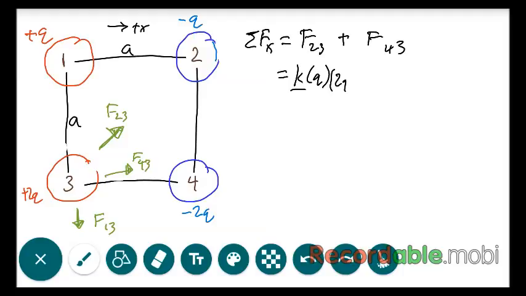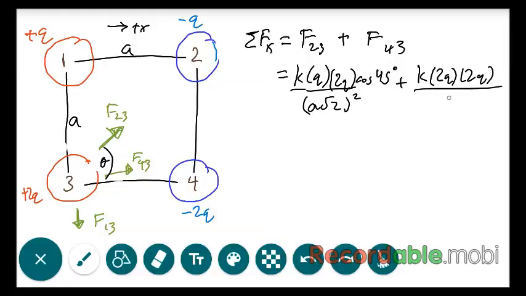And then the red particle, particle 3. The distance between the two is A root 2, since it's a diagonal of a square. Then, to find the horizontal component, we're taking cosine 45. And then we're going to add that to the force of the horizontal one, which is 2Q times 2Q. Again, I'm using absolute values of those charges. Simplify that, and we would get